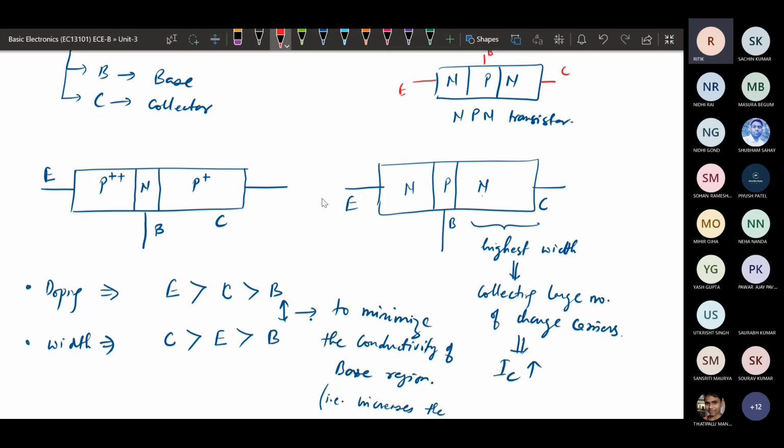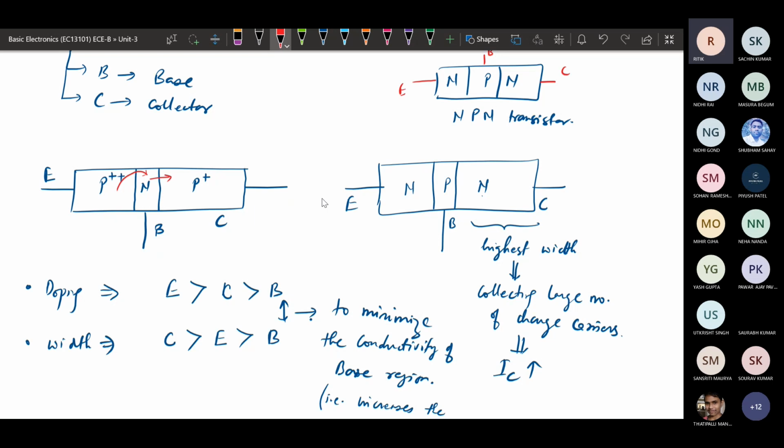That's why the emitter is highly doped and the base is lowest doped, because if the base also had higher doping, the majority charge carriers moving from the emitter to the base would combine with the available charge carriers in the base region, so fewer charge carriers would be available to transmit.